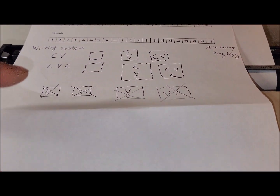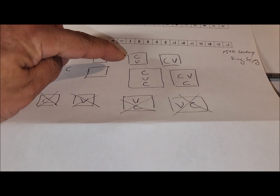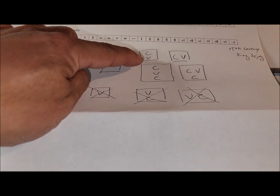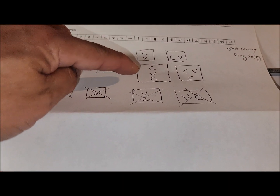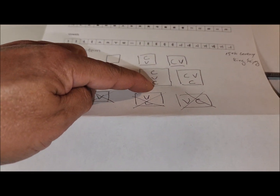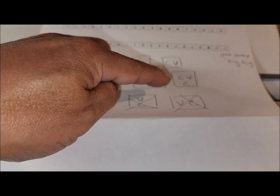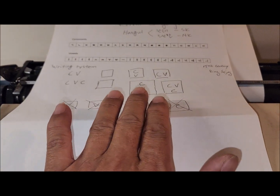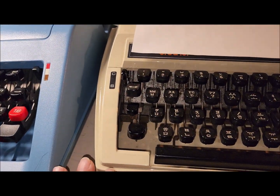So the natural way, the consonants should be on the left side or top side, right? The first consonant, and then vowel, and then the vowel should be on the bottom line or right side, and then another consonant under the vowel, or consonant, consonant, vowel, and then another consonant. So that's a very natural layout. So these two follow that kind of concept, but this one